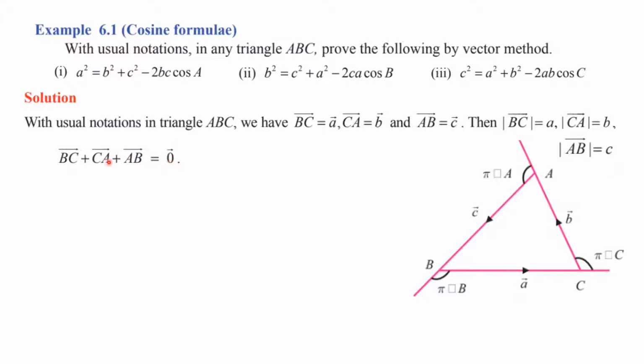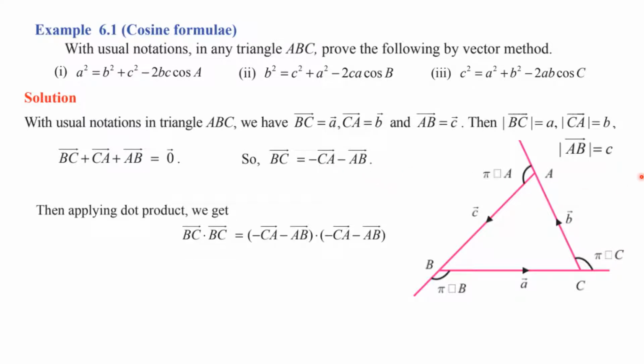Now, rearranging this formula, taking the CA and AB to the other side, BC is equal to minus CA minus AB. Next, let's apply dot product to BC, and we'll multiply BC with BC with the dot